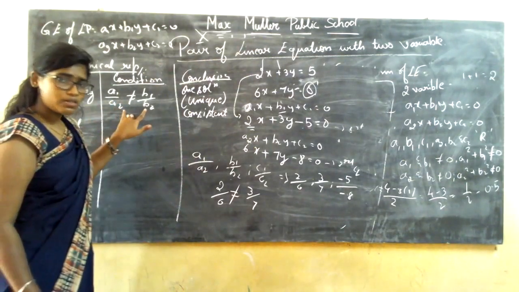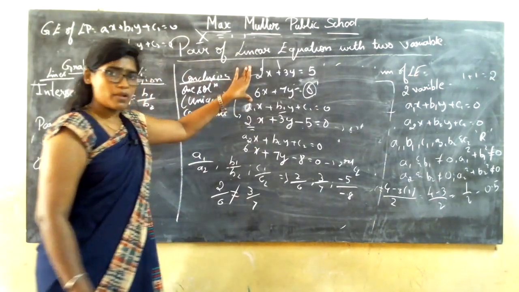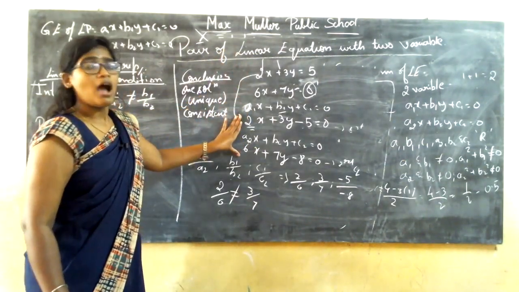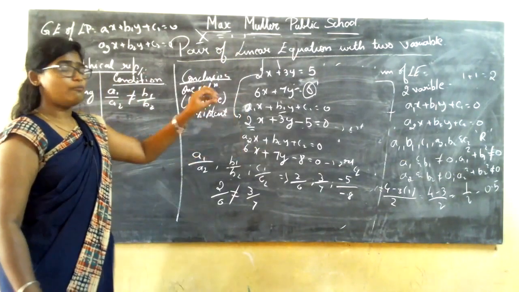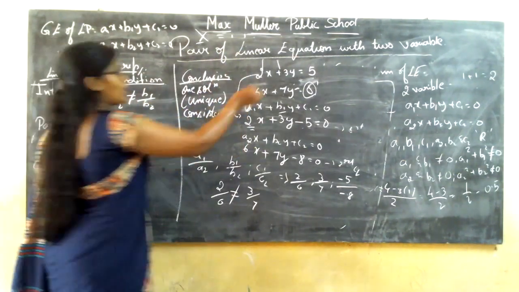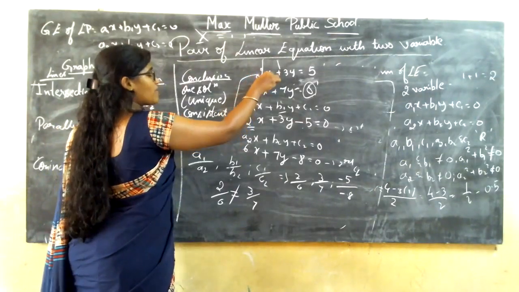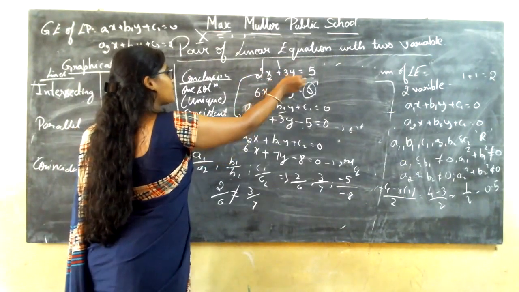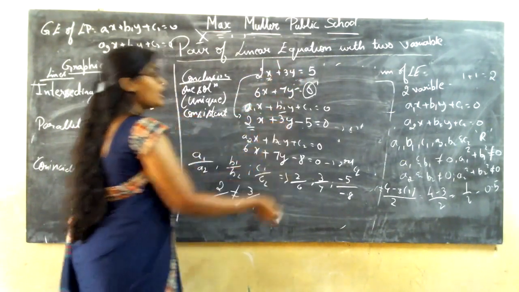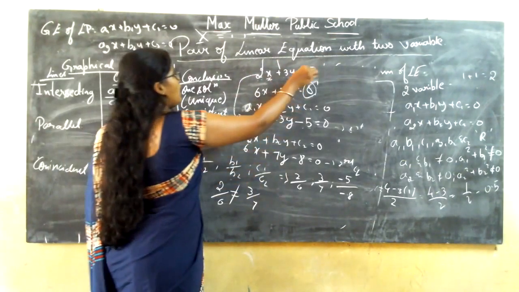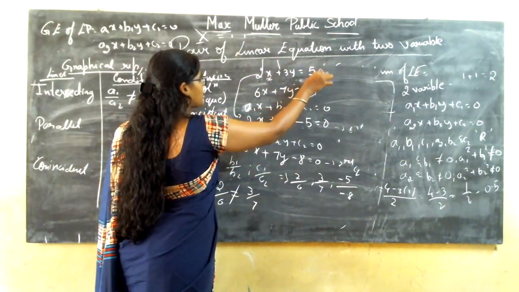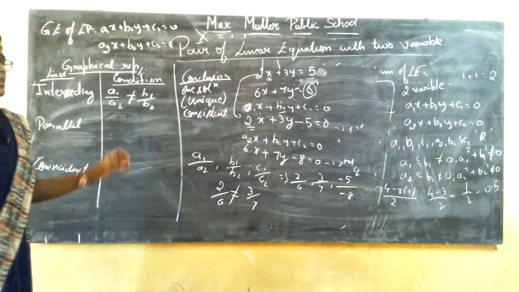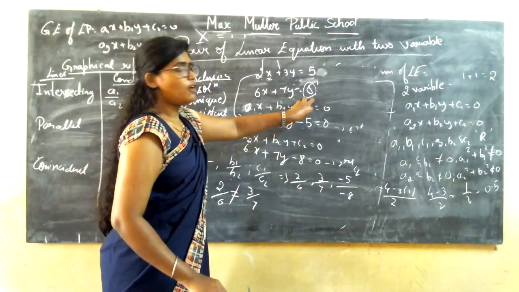How are you going to find these ratios? If they have given the two equations, you substitute that equation in the general formula. How do you identify which term to substitute for which? If you have a number with x, you substitute it in place of A1 and x. If you have a number with y, you substitute it with B1 and y. If you do not have any coefficient and only the constant is there, you substitute it in the place of C1.